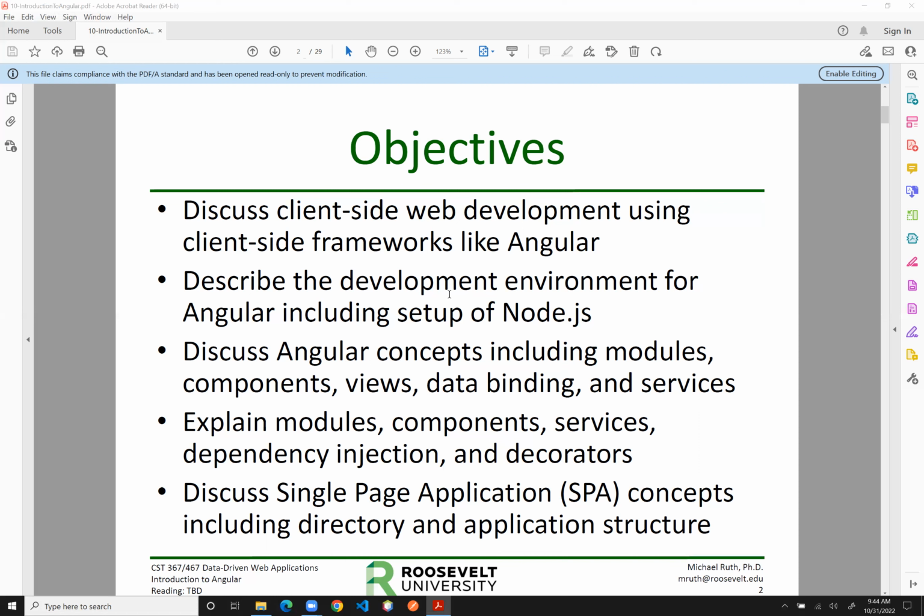Angular is very similar to that. We're going to generate code. The coding that we actually have to do is going to be relatively small, but it requires a little bit more knowledge. So make sure that we are